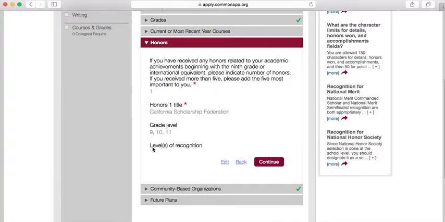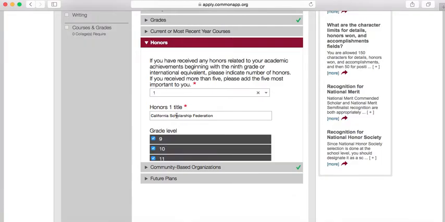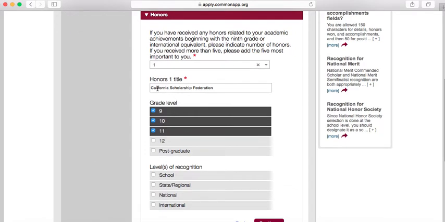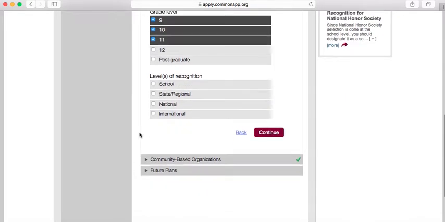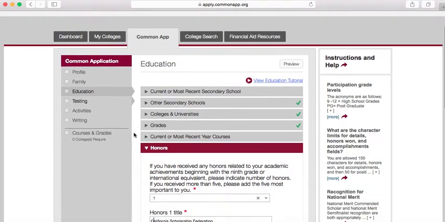The honors section, this isn't your honors or AP classes, but these are any awards or achievements that are academic. So for example, you can list up to 5. I did the California Scholarship Federation. Please be sure not to just put an acronym. Don't ever assume that a college admission officer understands automatically what CSF means because they may be a college out of state and they don't know what that means. So make sure that you spell it out. You can choose the grade levels and then the level of recognition,